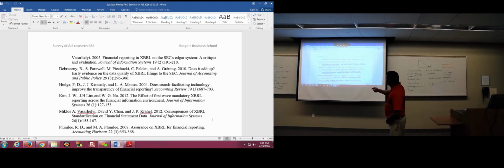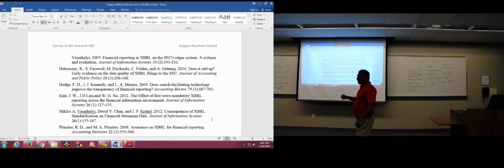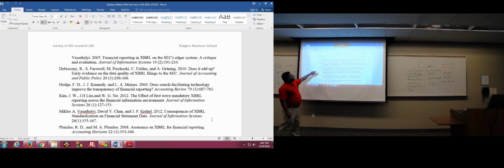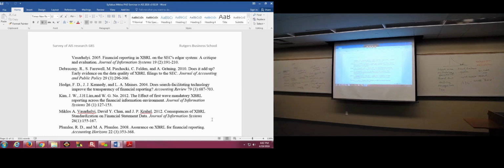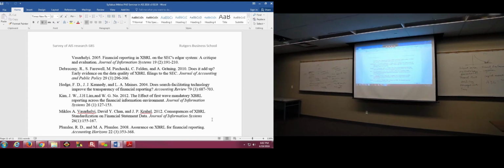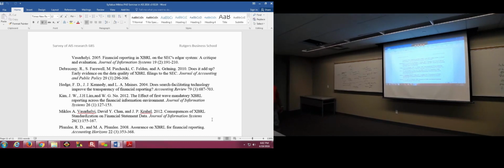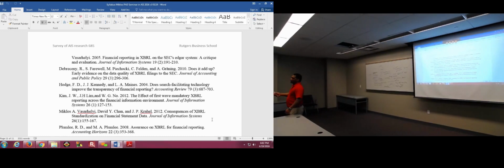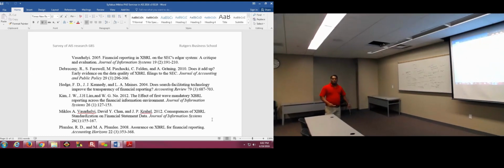Earlier, there is research here that is actually on XBRL, meaning, for example, on the data quality of XBRL files. So there are researchers who actually go and look at the XBRL filings themselves and say, are they done correctly, are there errors, and so on, right? So you might call that kind of meta research on XBRL. But there's also research which is more like capital markets, like this, right? Which is saying, what is the actual effect of XBRL on the timing of disclosures or the accuracy of disclosures or whatever, all the usual stuff that capital market research does.